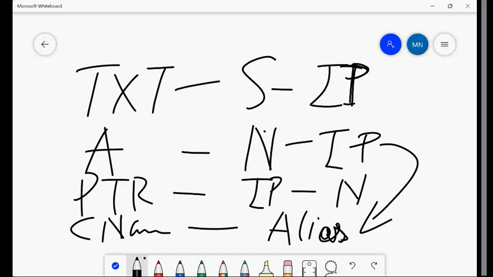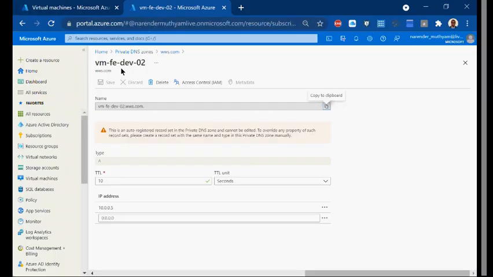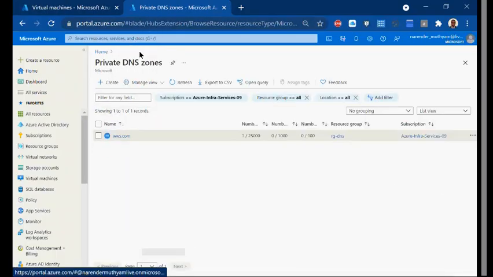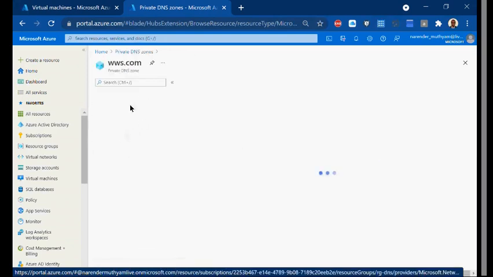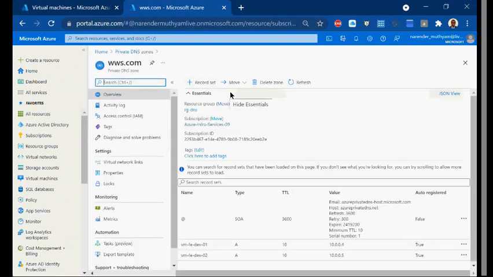You can have one IP and multiple names for that, right? So that's again a record, I mean CNAME we call it. Likewise, you can maintain whatever types of records you want. You can maintain them here by going to your DNS. So this is my DNS, and here itself you have the zone, your private DNS. And here you can create your records. If you want to host some other services within your company, you can use this. So this is like a platform as a service DNS.